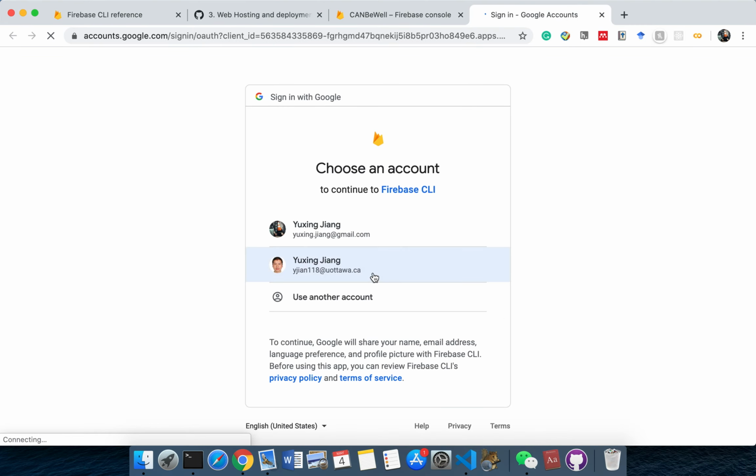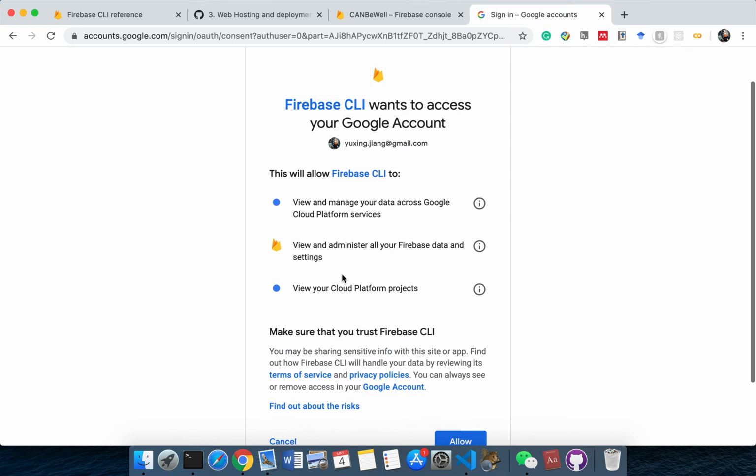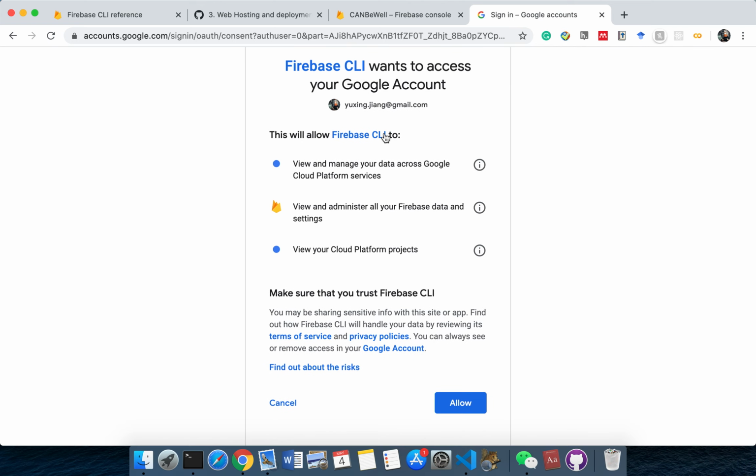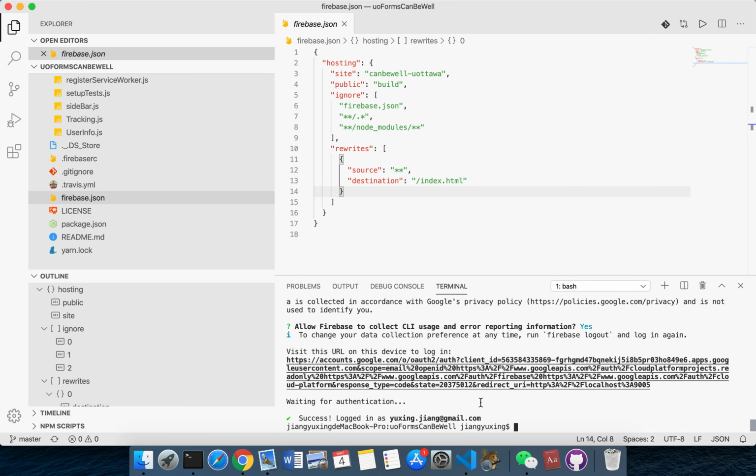Then it requires me to log in to my account, and I will log in. Here it asks whether to allow the Firebase command line to access my account. I allow it. Then, successful. Then an important command line is firebase use